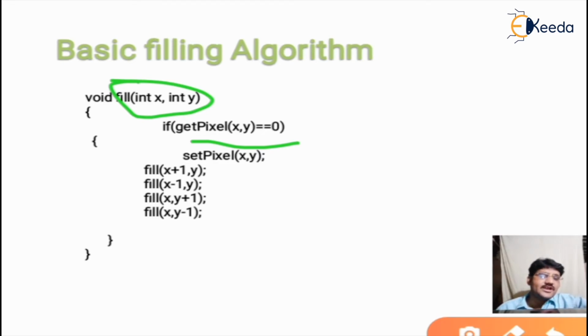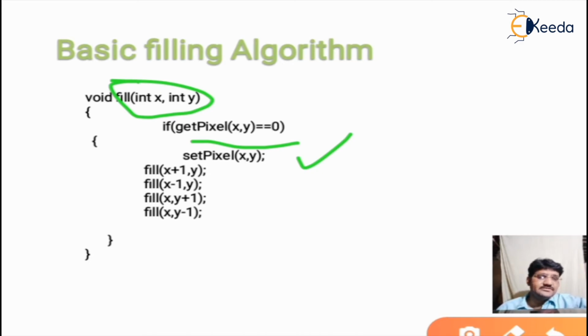Generally, the color of the screen is black. Therefore, the getPixel function takes the value of the pixel at the specified location xy as 0, that is black. If getPixel is 0, that is black, then we use setPixel.